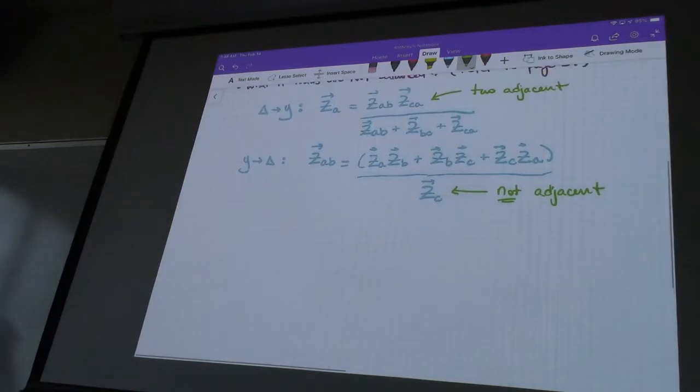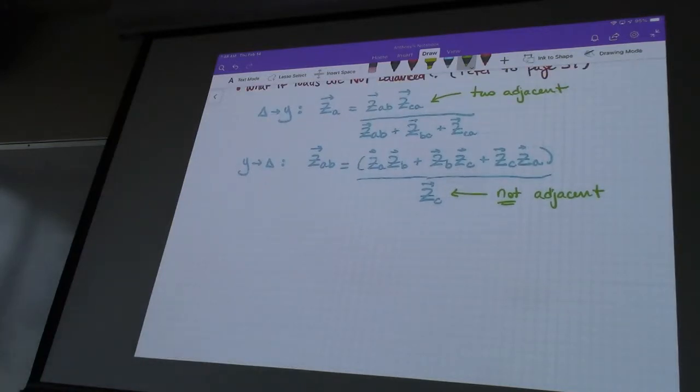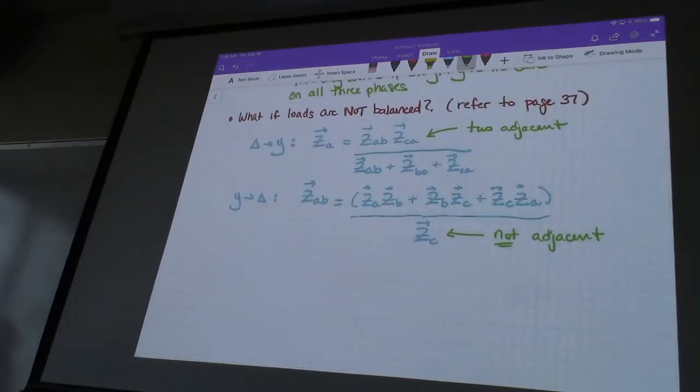And so here, you can sort of get the idea. The numerator is the sum of the products of all three of the individual line to neutral values together, all the permutations. And the denominator is the only value that's not adjacent to our ZAB, right? ZA, ZB are both adjacent, ZC is not. All right, now,